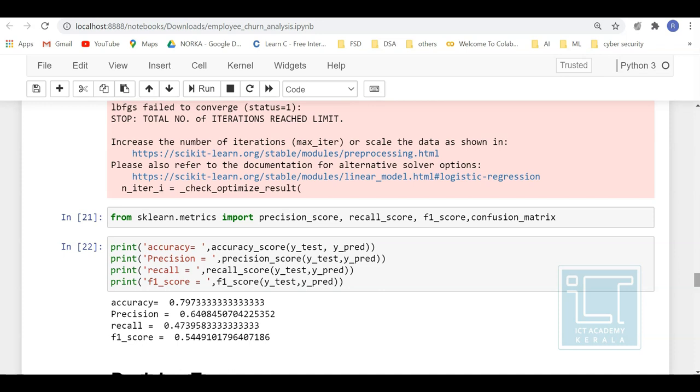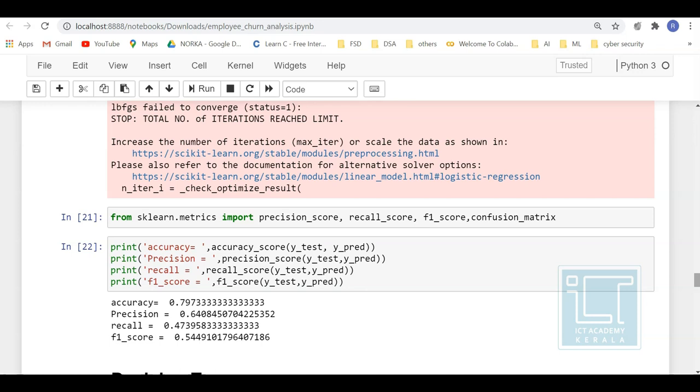In this case, when your model predicted an employee is going to leave, that employee actually left 64% of the time. Recall is, if there is an employee who left present in the test set, your model can identify it 47% of the time.